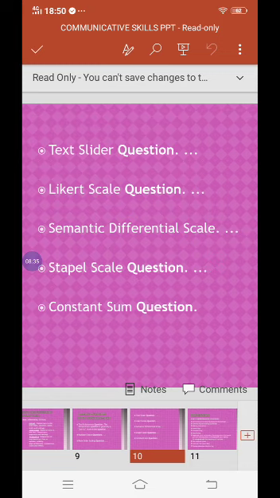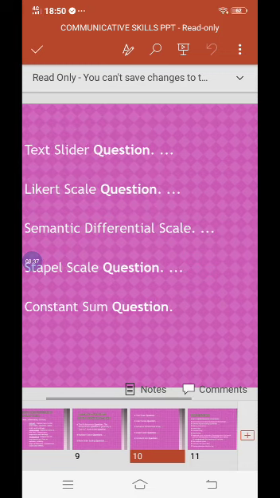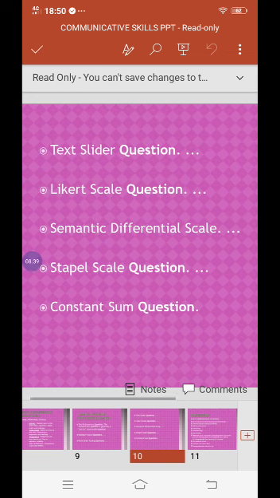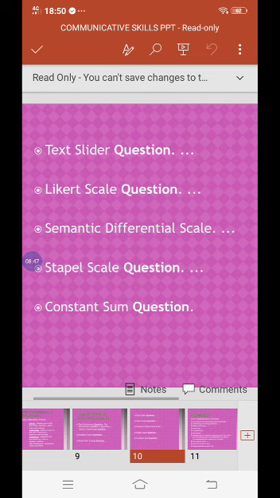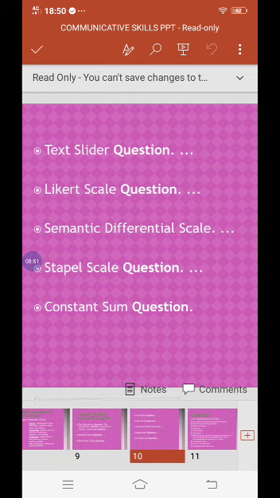Next is the staple scale question. The staple scale question is defined as a rating scale that is close-ended with a single adjective, unipolar, developed to gather respondent insights into a particular subject or event. The survey question is comprised of an even number of response options without a neutral point. For example: please rate your flying experience with us. Very good, good, for check-in process, quality of food, service by crew, and so on.